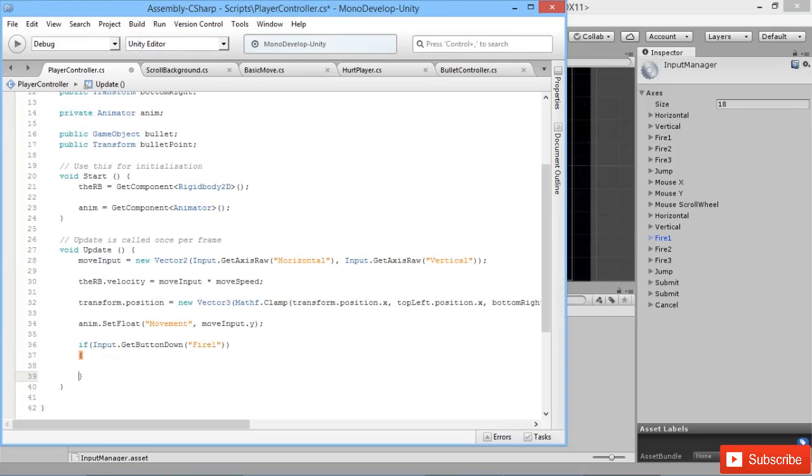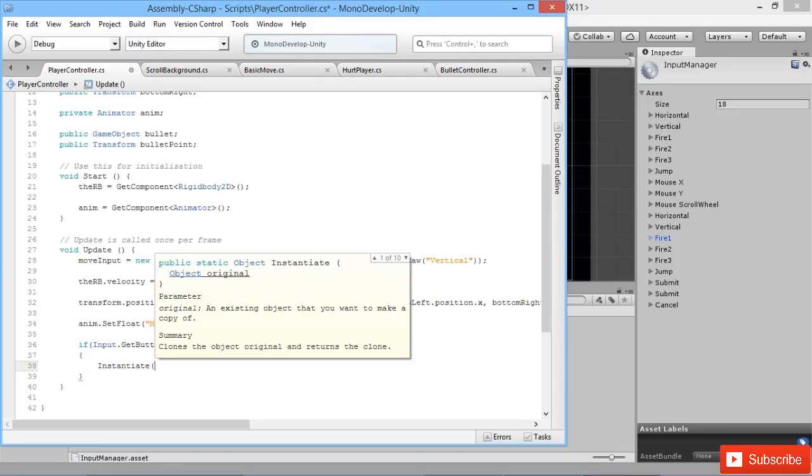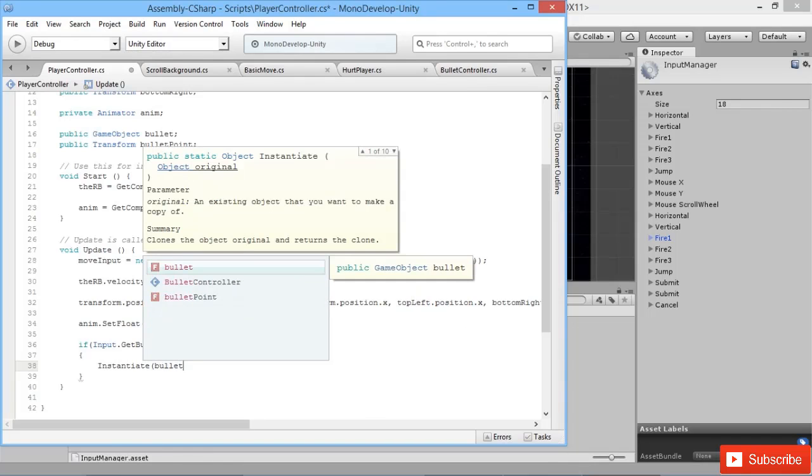Fix up these indentations. There we go. Okay, so we've got our input.get button down fire 1, which is absolutely perfect. And then in here, we're going to run a simple bit of code to make our bullets appear. So we'll just say instantiate,